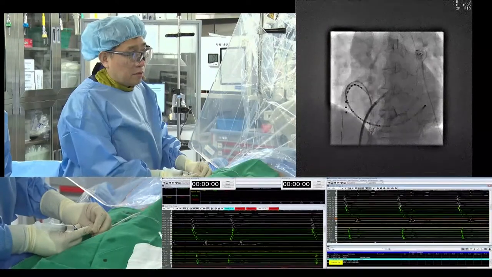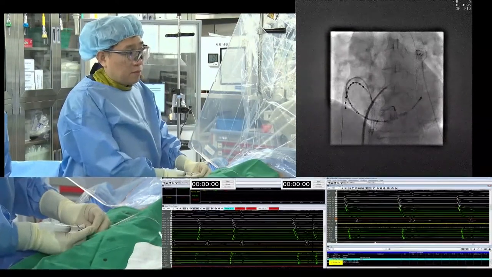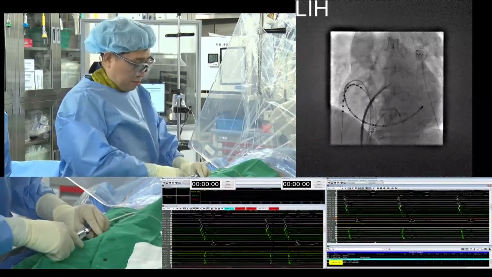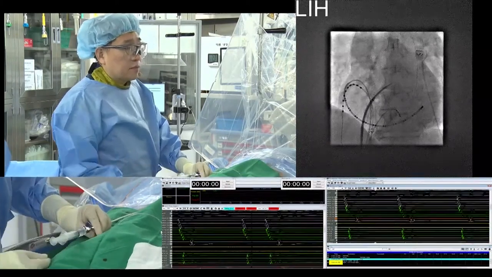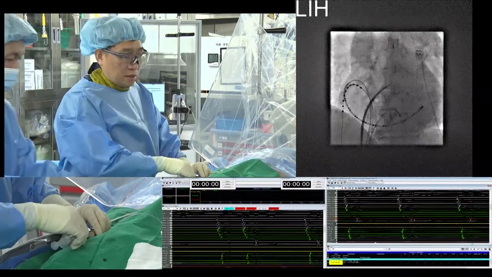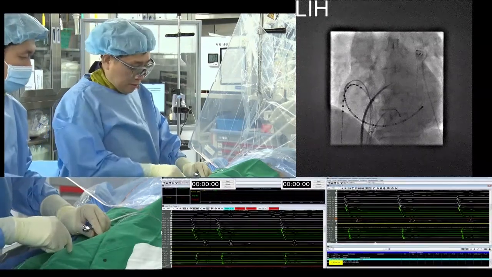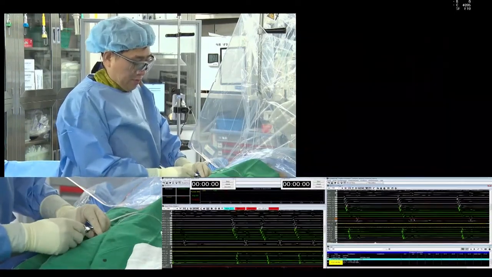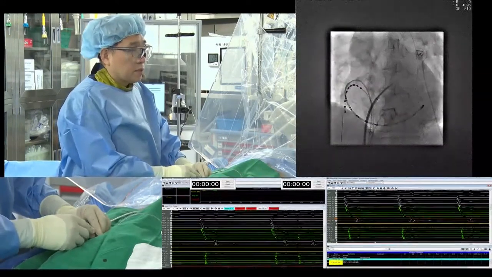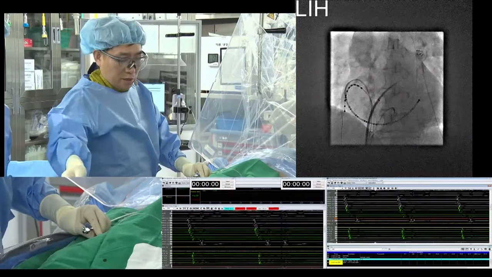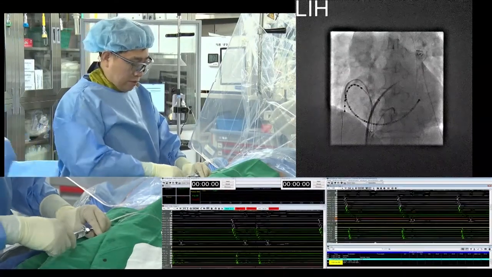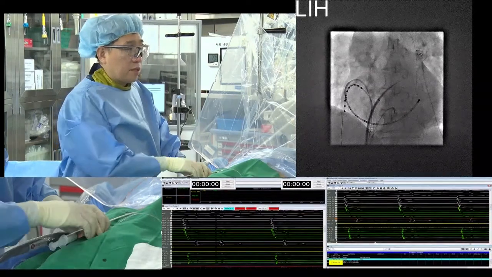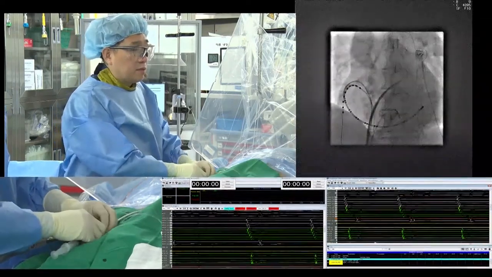So at this time, you can choose plan B. Number one is you can try to use the stylet already inside of the needle. Yeah, when I put the stylet, you saw the tip of the needle pop inside of the LA successfully, and you see the blood withdrawal. Then you can safely push your dilator inside and successfully pass through the interatrial septum. And the second choice, you can use the RF needle.